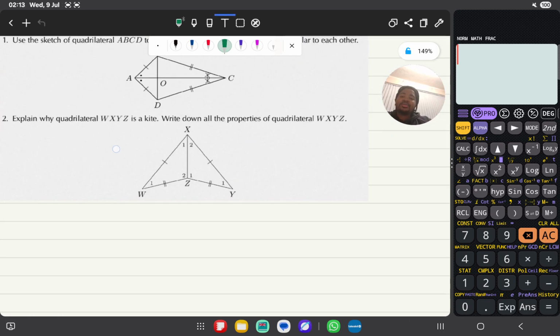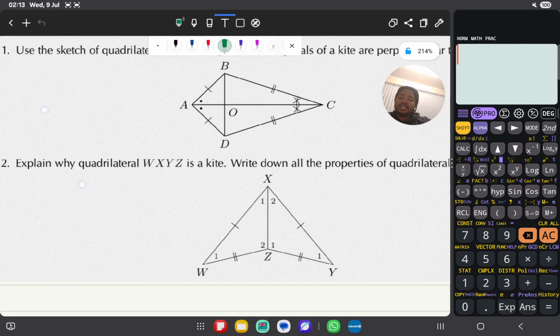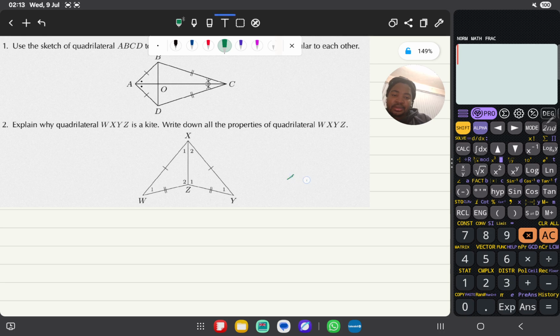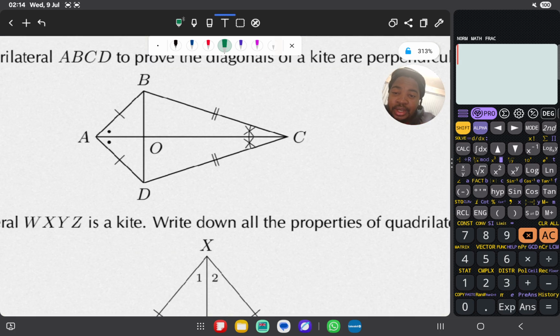So I have a nice one here. It's a kite, right? It's a kite. Let me bring it down. So they say use the sketch to prove that the diagonals of a kite are perpendicular to each other. Well, this one is quite interesting. So we have a kite here,